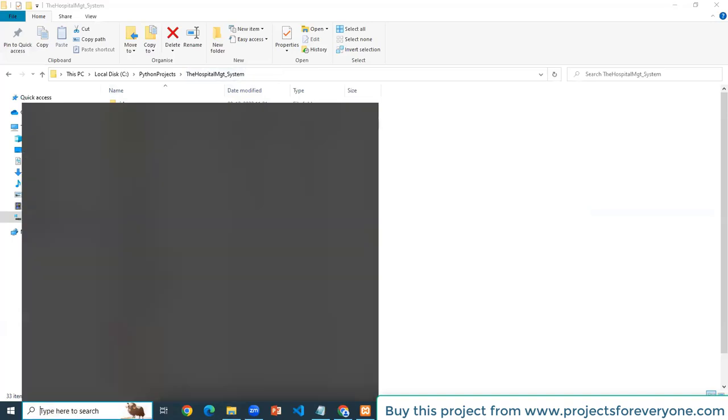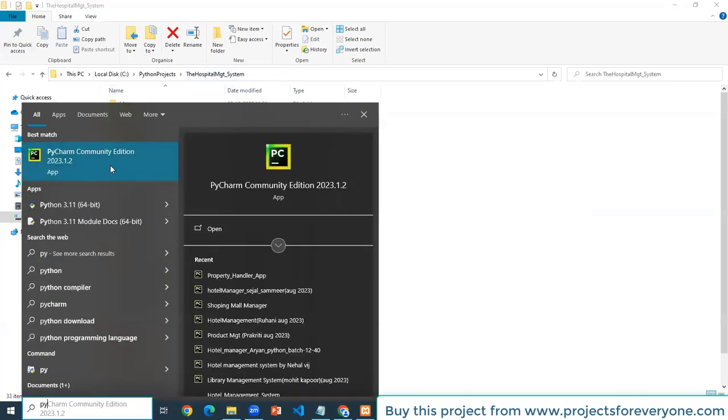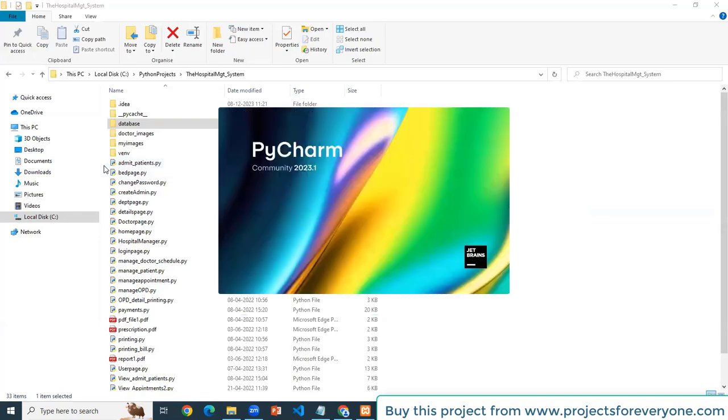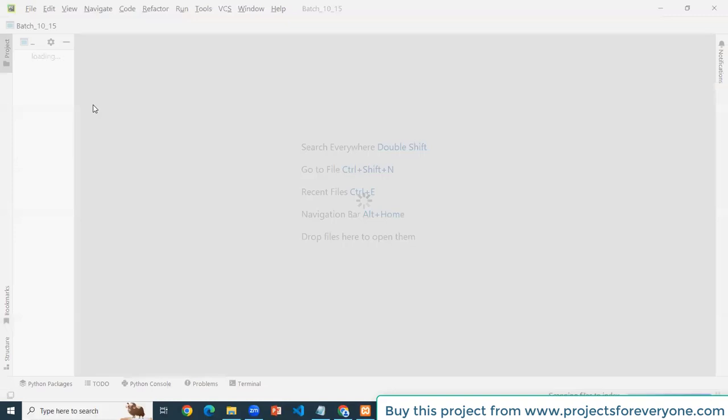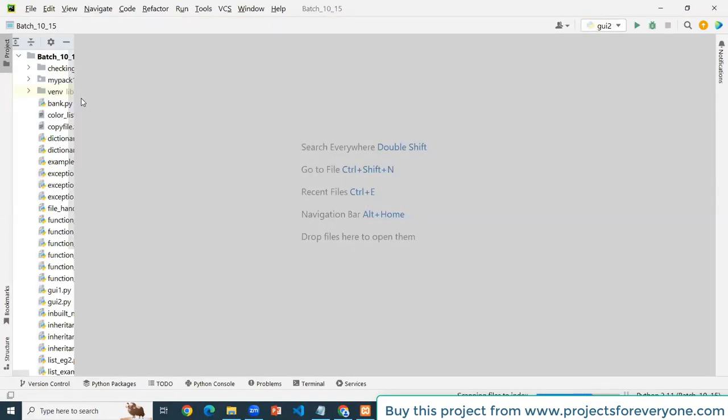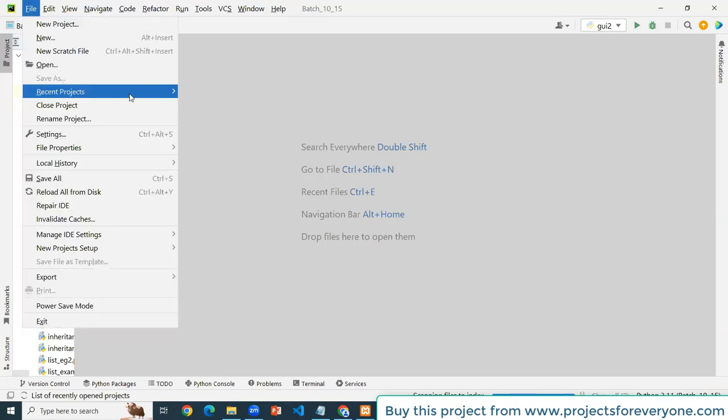Now to execute the project, open PyCharm. Now open the project in PyCharm.